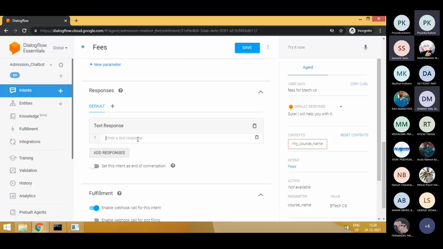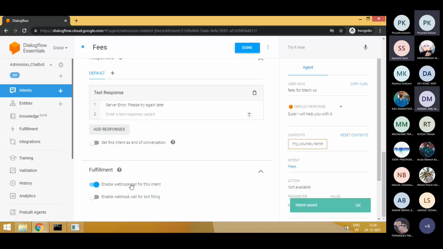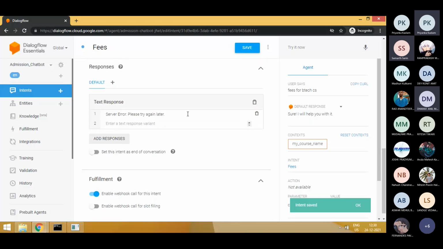So suppose for server error I can define: try again later. This is a message which will be shown because the server webhook fulfillment has failed, and in order to show something to the user, you can define something in the text response. So if the fulfillment fails, the text response answer will come up to the user. If you don't define anything, then it would be a blank conversation and the user will not be able to see any message. So if I type